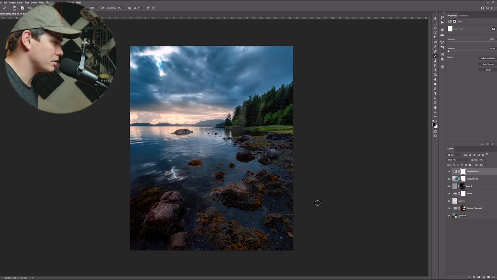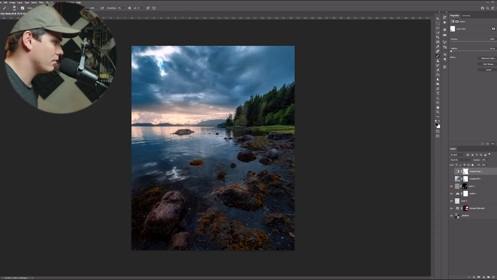And I may actually even go in this gradient map and pull some of this rock out of that gradient map. Just gives me a little bit of eye guidance. Yeah, let that rock stand out just a touch. Perfect. Okay, and the last step I actually am going to do,